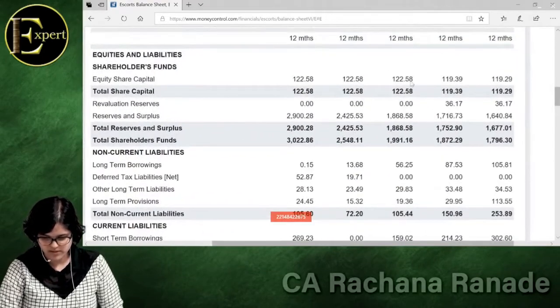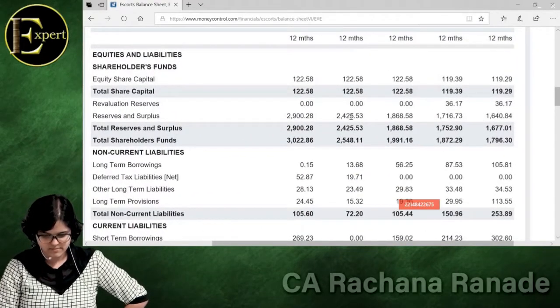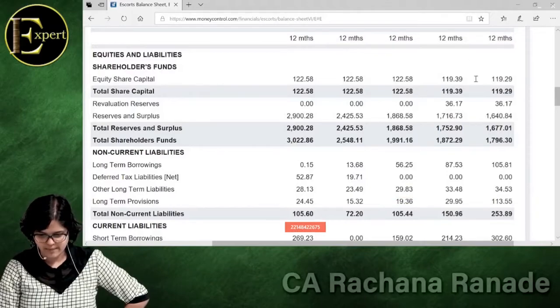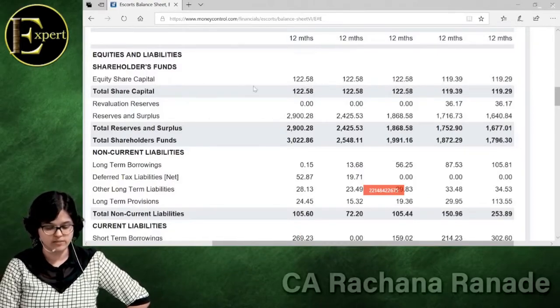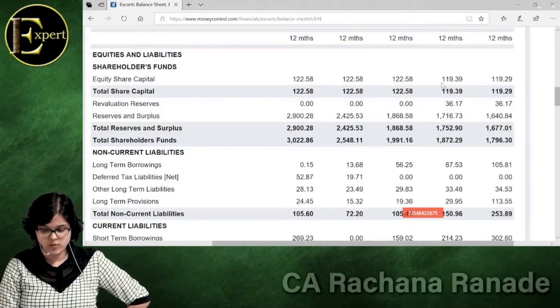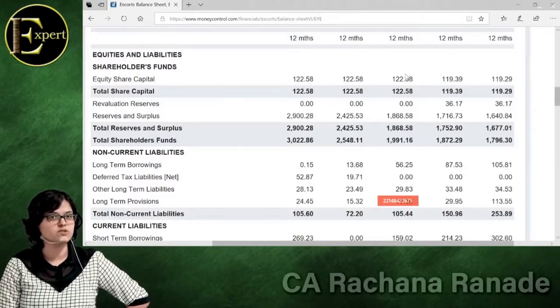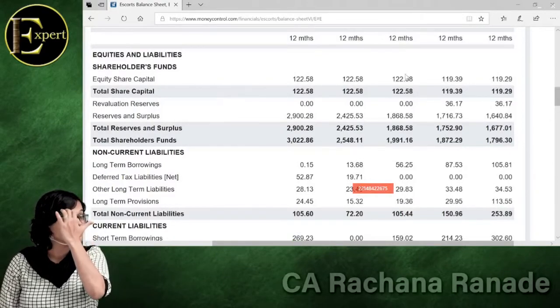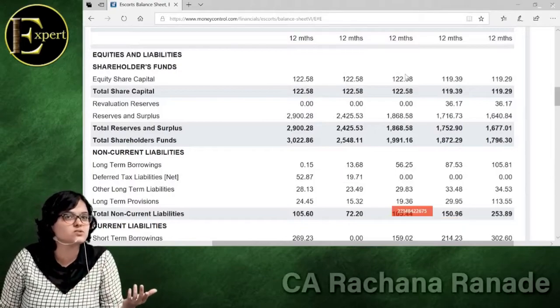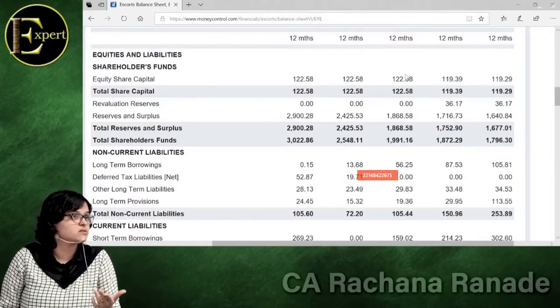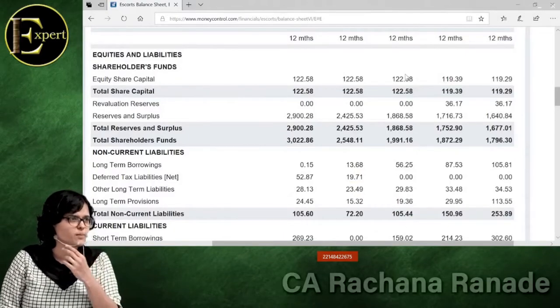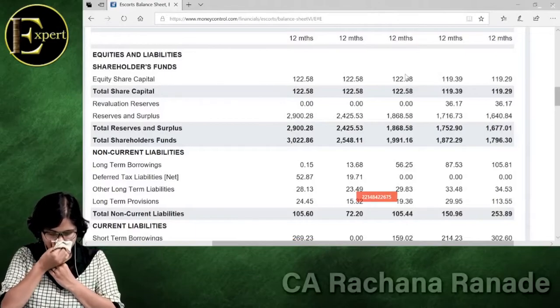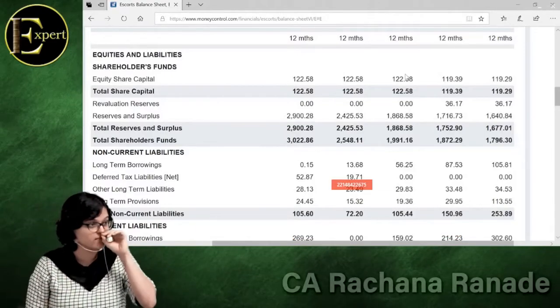In financials, see our basics. Wow, reserves. The reserves is number 1, it's continuously increasing. And its capital is almost steady for the past 3 years. Here they might have issued a few shares. Please tell me a correct answer. We have discussed this so many times. Just because it changed from 119 to 122, is it a good sign, bad sign, or there's no analysis? There's no analysis as such. They just have raised a little bit more money for some funding purpose. But reserves continuously increasing is a good sign.